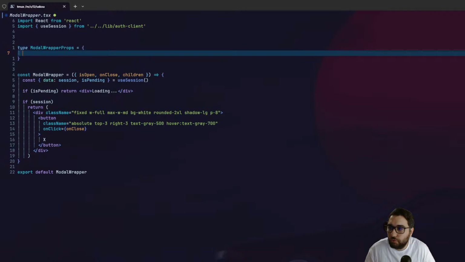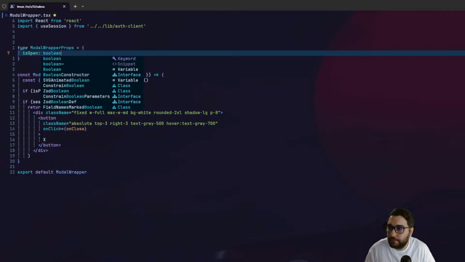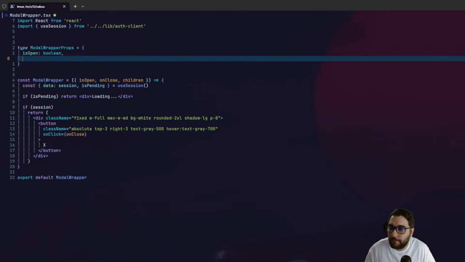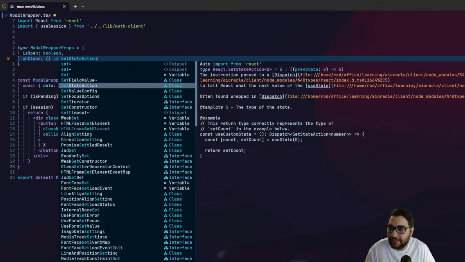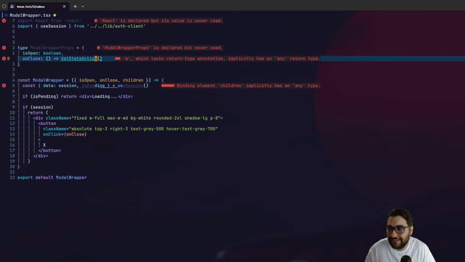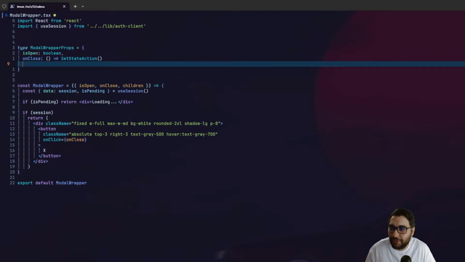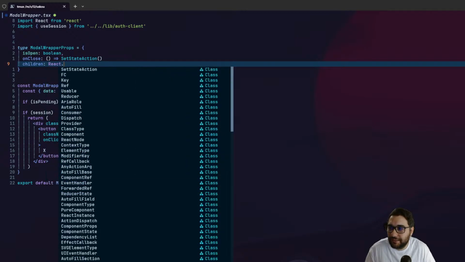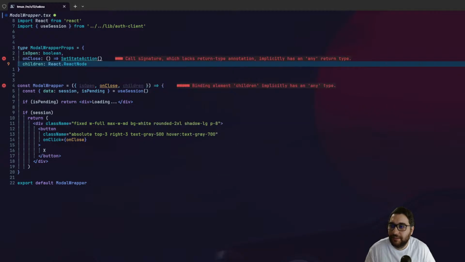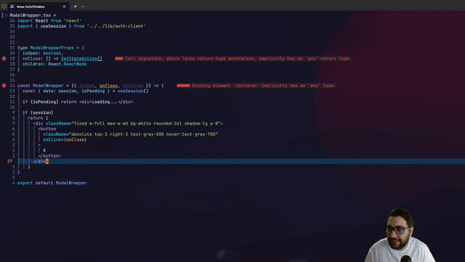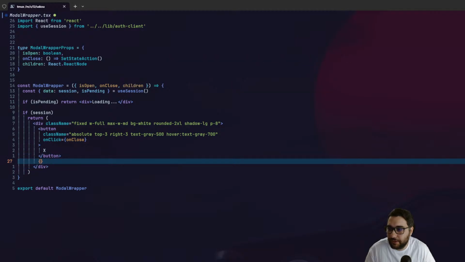equal to isOpen is a boolean. Now the fun part, onClose. onClose is just a function that returns, what is it, a set function, set state action. I don't know, honestly. This is something that I always tend to forget, but children will be React node, yeah, React.ReactNode. That's it. Yeah. And children will be just exactly after the button, so wherever here you accept children,